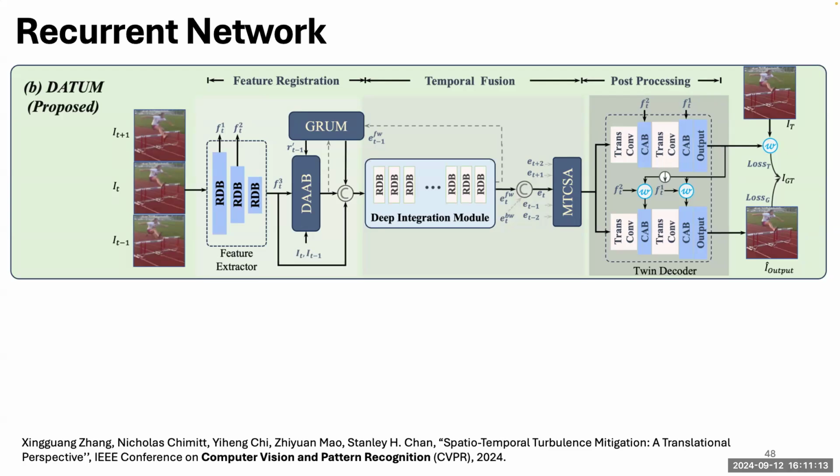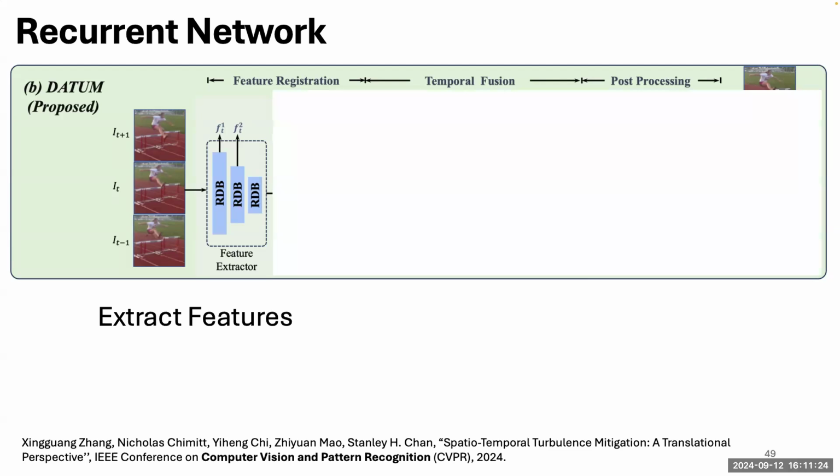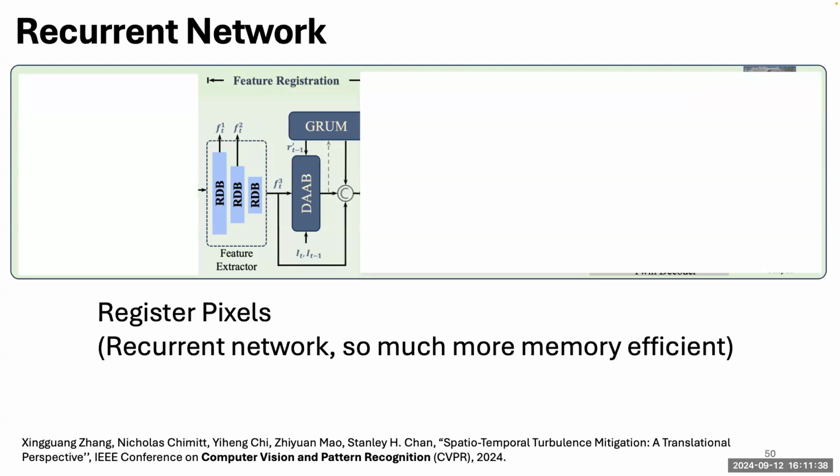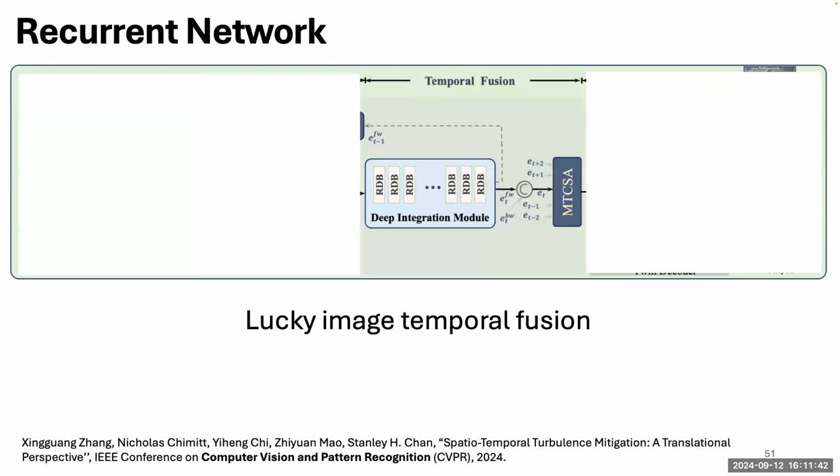This is another paper we published in this year's CVPR, although the date can be traced back a long time ago. It's a recurrent network. Without going into the details, the architecture is roughly the same, but we replace some of the modules by the recurrent network. So here it is still getting the motion, registering them, and then pixel registration, pull the features, and then